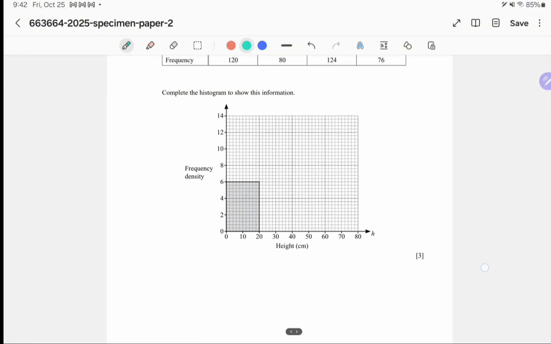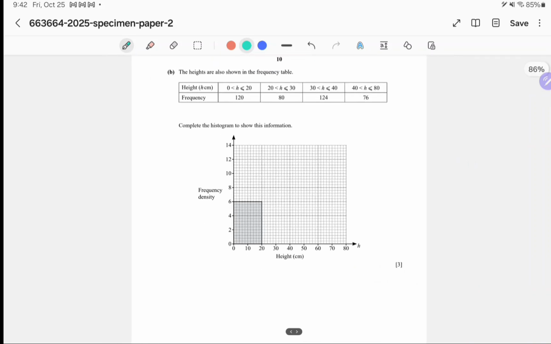Can we go to the next question? Okay. The heights are also shown in frequency in the table. The height is being given, the frequency is being given. You have to mark the histogram as shown below. So how will you do it? First value is